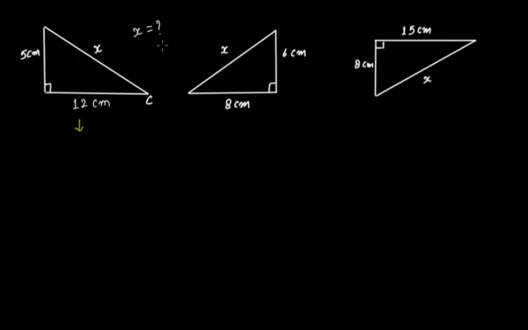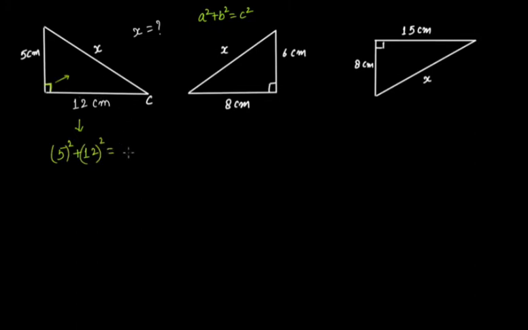In all these cases, you have to find the value of x. How will you do this? Well, it's a right angle triangle having a right angle at this vertex, and the side opposite to this right angle will be the hypotenuse, right? So in this case, x is the hypotenuse, and according to Pythagoras property, a square plus b square is equal to c square. You have to remember this one. a square plus b square is equal to c square, where c is the hypotenuse. So in this case, 5 square plus 12 square